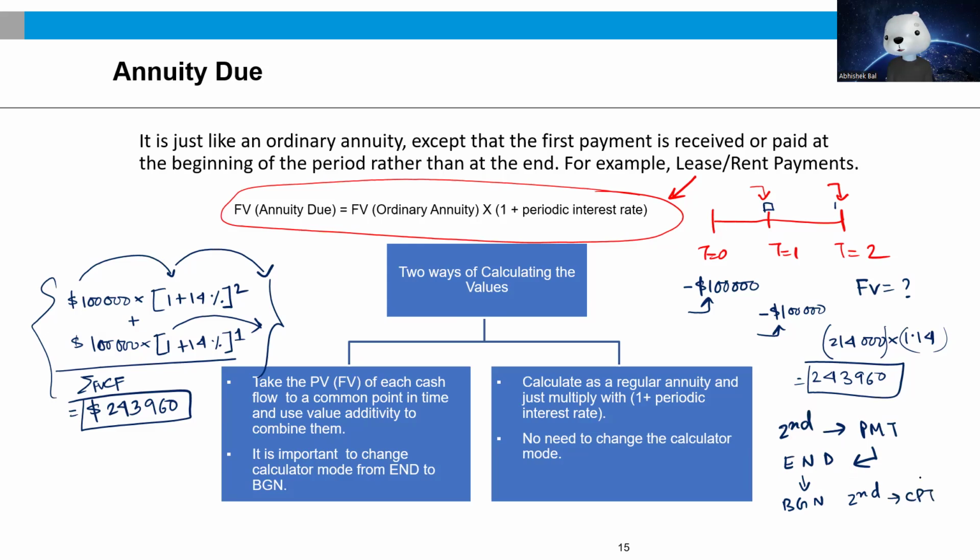Okay, that means you have now come out of the worksheet. But now you will see that the BGN sign is going to appear at the right-hand side of your screen in the calculator. That means you are explicitly telling your calculator that the cash flows you're now going to feed in, the calculator must consider these cash flows as the beginning of the period itself instead of the end of the period. Okay, so